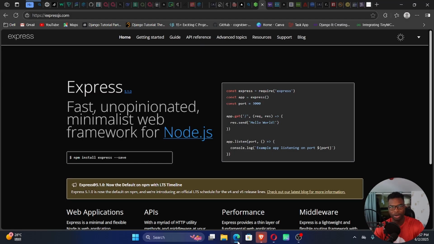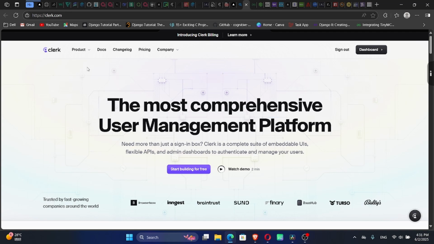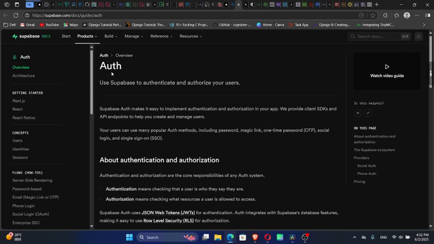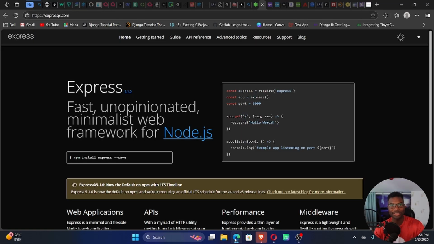Okay, so I'm going to divide this tutorial into two parts. The first part is going to be the setup of the project, and then the second part is going to be the implementation. But of course, nowadays we have a lot of authentication tools that we can use. For instance, you can use Clerk, NextAuth, Supabase, etc. But it's important for you to understand the underlying concepts of these authentication systems, and so that's what we're going